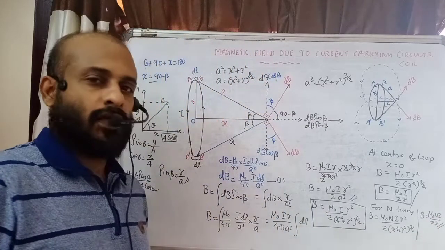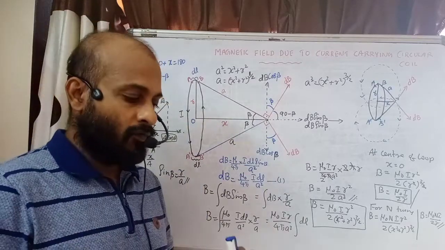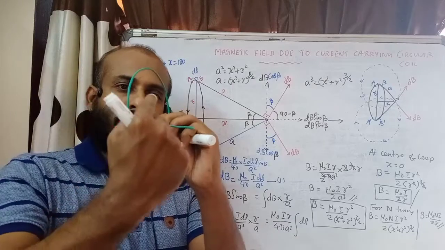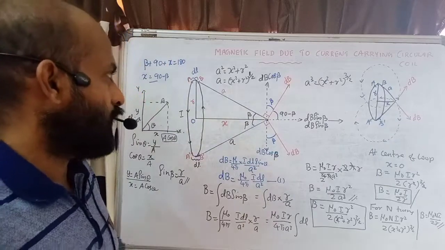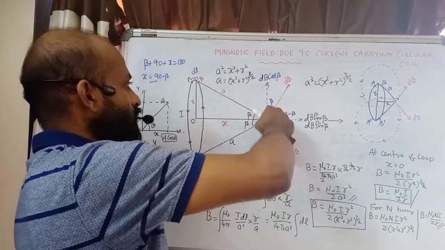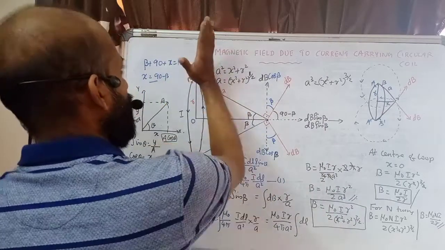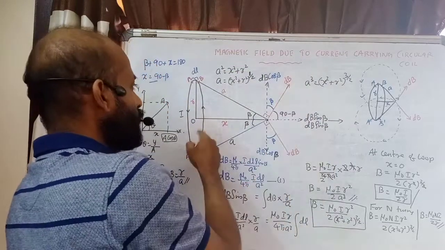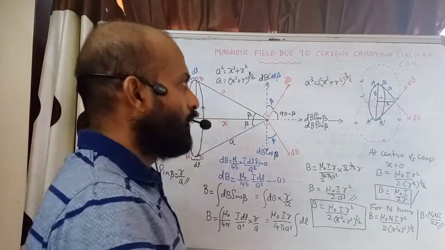Okay, so we have seen the magnetic field due to a current in a circular coil. The main things you have to keep in mind are, first, the angle between the element and the line joining. Here you can see this angle will be 90 degree. In this figure it is difficult for you to understand. Another one I have explained is the direction of the magnetic field. If this is the element, we need to consider big circle lines passing through this point. You can see in this diagram. If you grasp like this, this is the direction. So this is the direction of magnetic field. For this element, grasping will be in the opposite direction. So this is the direction of magnetic field, and it is clearly indicated in this figure.